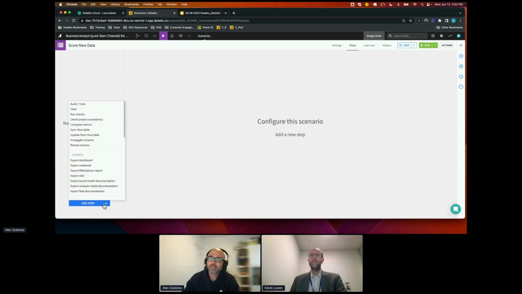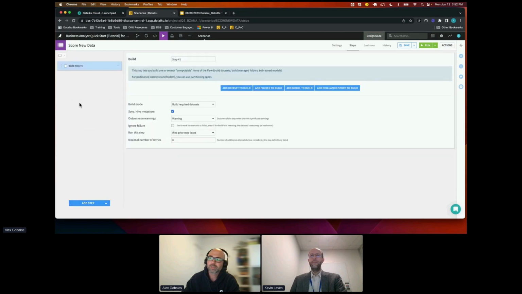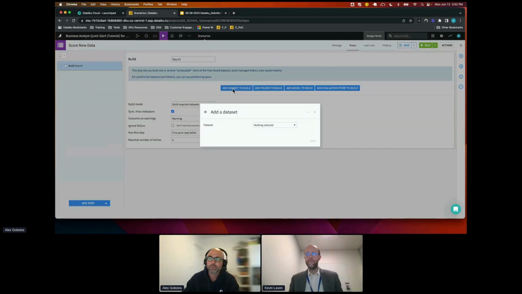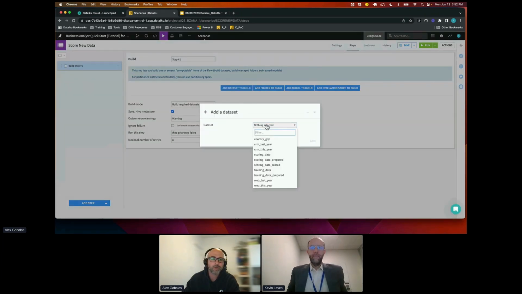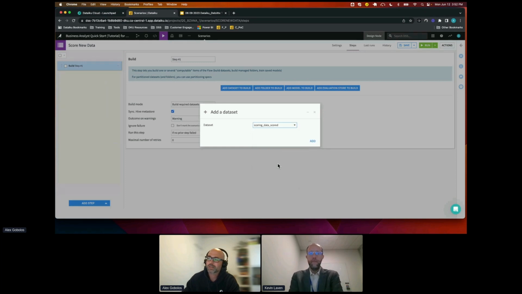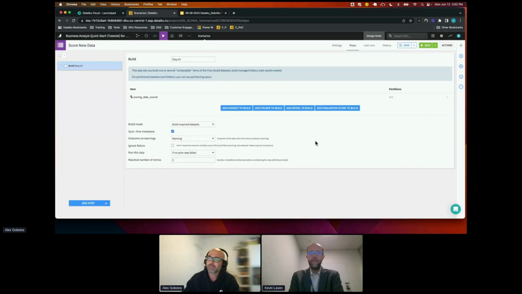And you can see here, you can add a whole bunch of different steps to do. So in this case, we just want to build. And we're going to build that one data set right at the end, which is saying, I want to run my score recipe. That's all I want to do. Every hour, I want to get the latest set of customers that's going to leave me, and I'm going to take action on it. So we'll go into scoring data scored, click OK, click the add button, and now that's